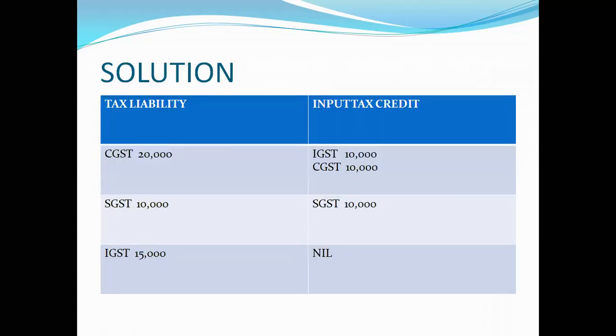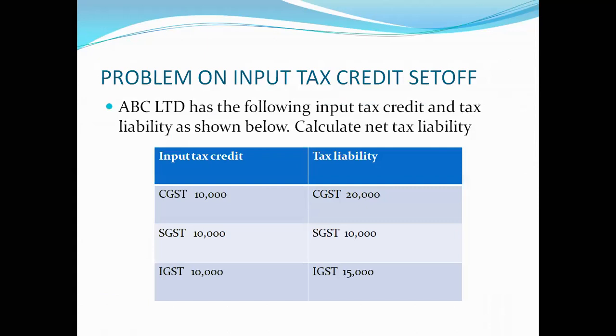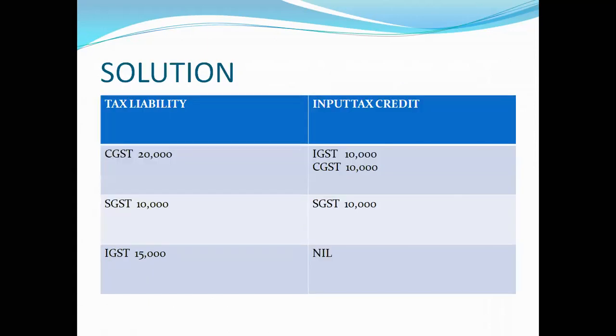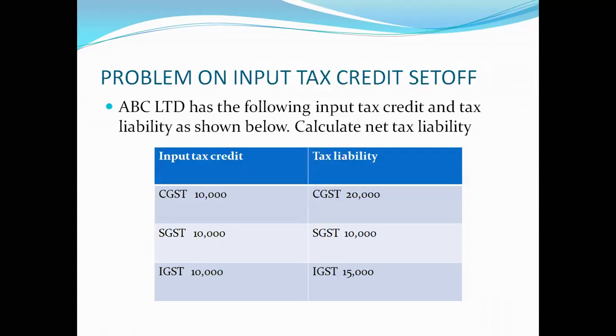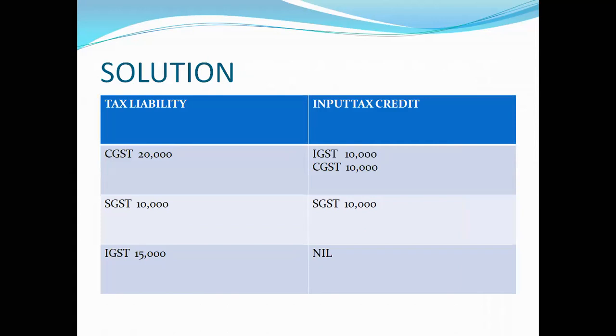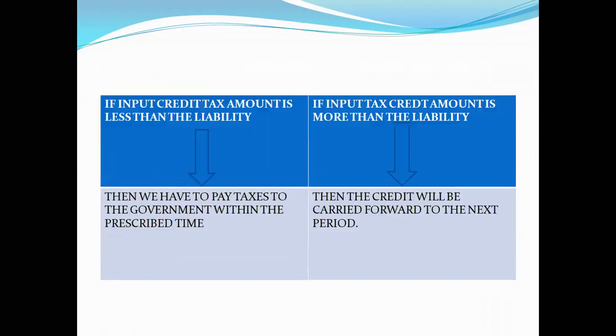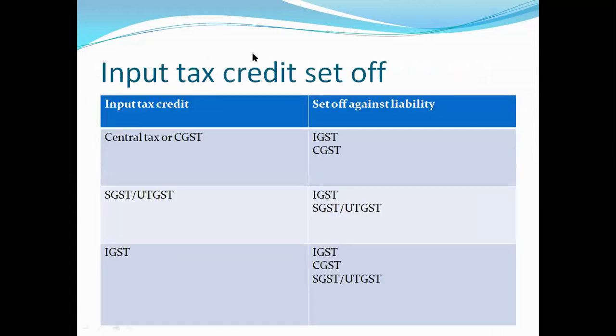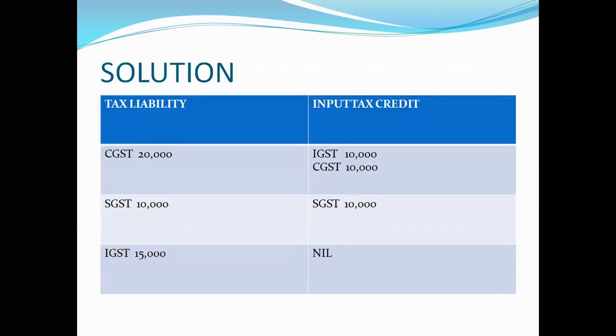Okay. Now, as I told you, if you're having CGST, suppose for payment of CGST tax liability, what is the order you have to follow? Here the order is there. See, first you have to pay from the IGST account and then CGST. First, 20,000 is the balance available with you. First, you are paying for IGST.